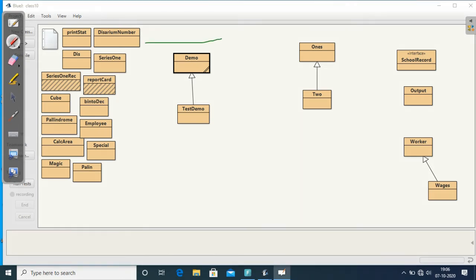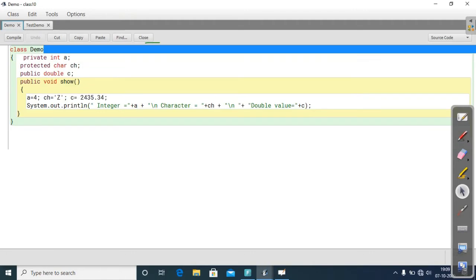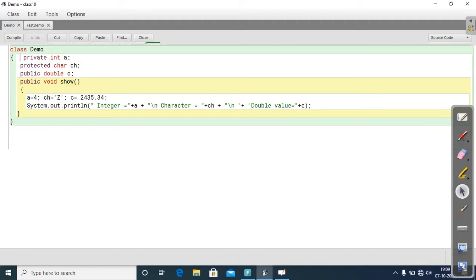You can see this symbol here. It is generated because we used the extends keyword, indicating that demo is the superclass and test demo is the subclass. Inside class demo we have private, protected and public variables of the same data types: a equal to 4, ch equal to z, and c equal to some double value. We need to print those values.